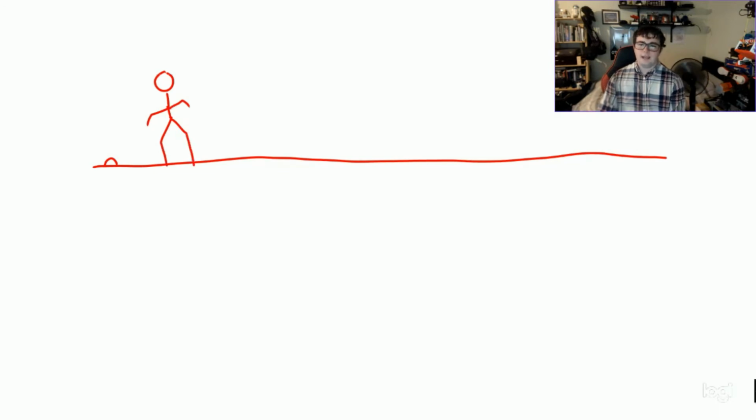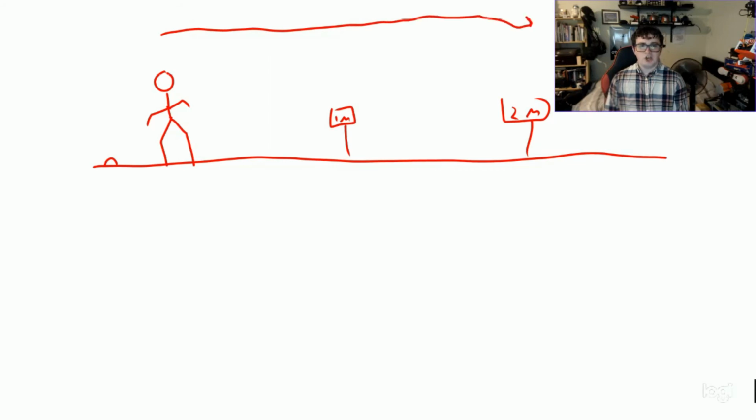This would have a neural network on it, and every now and again you'd have a marker like 1 meter, 2 meters, and the objective was for this neural network avatar to get to the end, where every single time it fell over, it would then start again. It would alter its network, it would learn and try to go further.